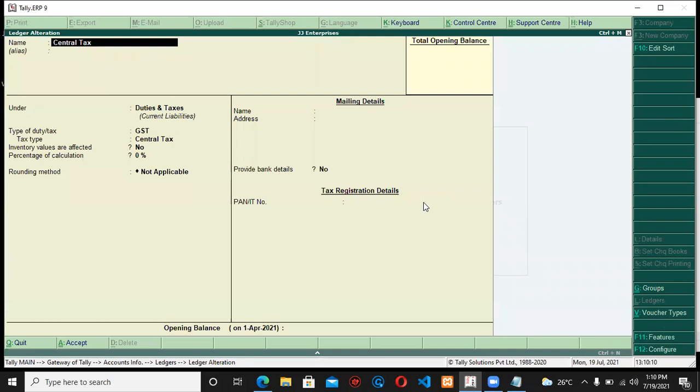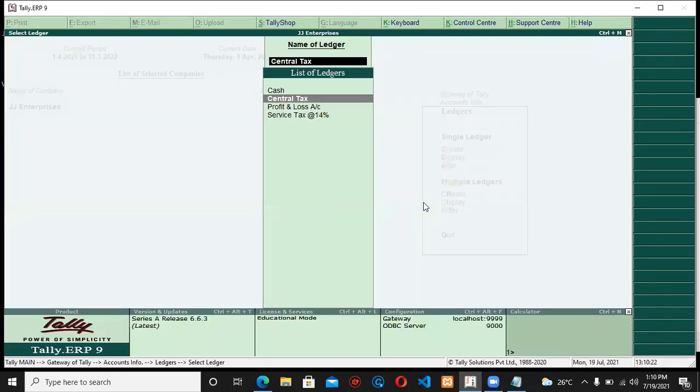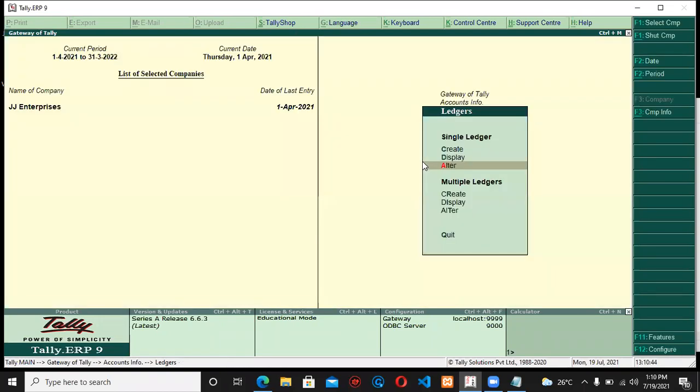So that's your central tax ledger, which comes under duties and taxes. That is what we did. So this is the central tax ledger. I don't need the central tax ledger, I need the state tax ledger, because this is pertaining to the services rendered within the state. Okay, intrastate inward supply of services. So whatever I need, I'm going to create as per my requirement and then proceed with that. And we even don't have the sundry creditors ledger. So let us create that first.